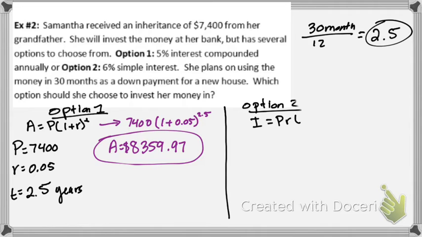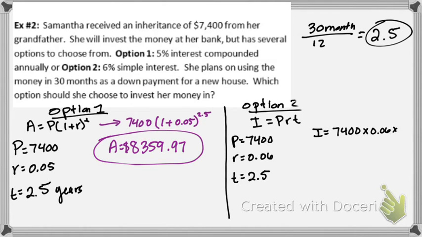Okay. For our option 2, it says it has simple interest. So, PRT, our P is still 7,400. Our rate is 6%, so it's going to be 0.06. And our time is still going to be 2.5, which is that 30 months. Okay. So on this one, our interest will be 7,400 times 0.06 times 2.5. So let's do that in the calculator. Our interest is